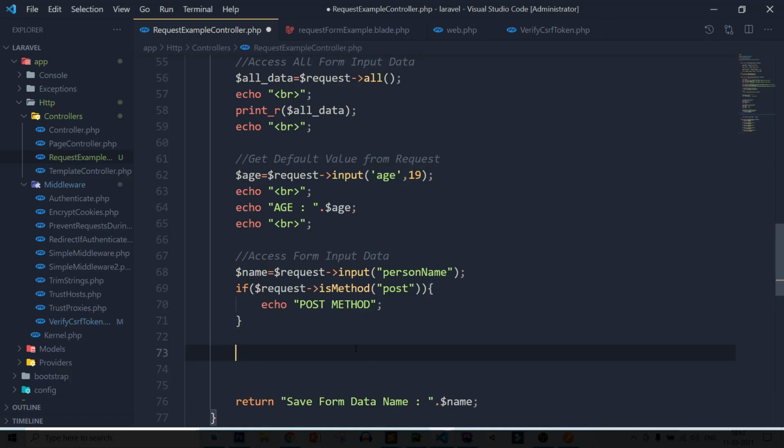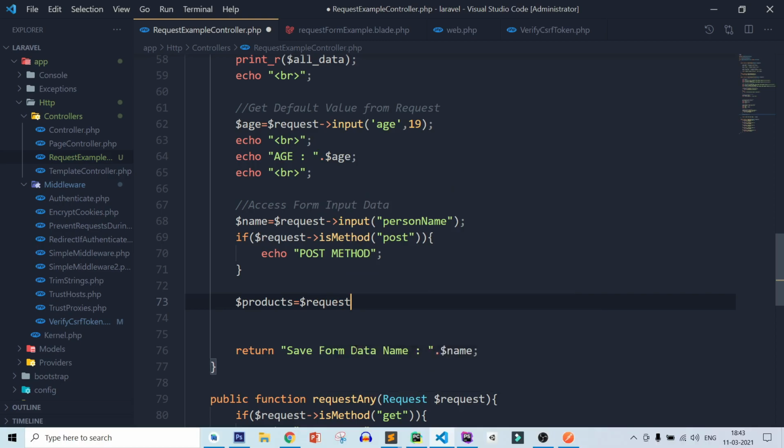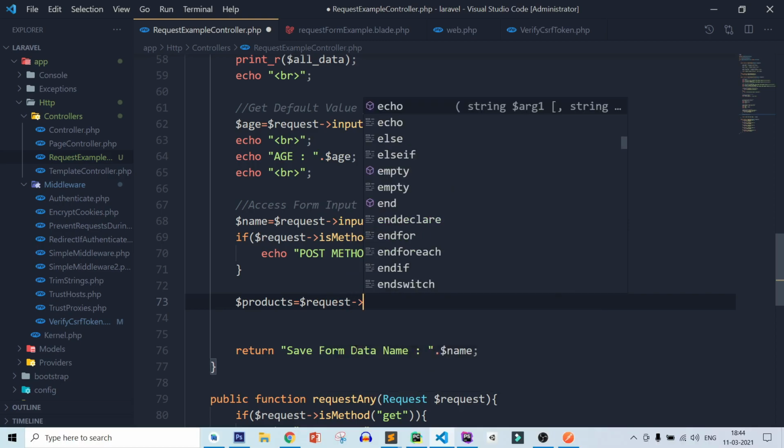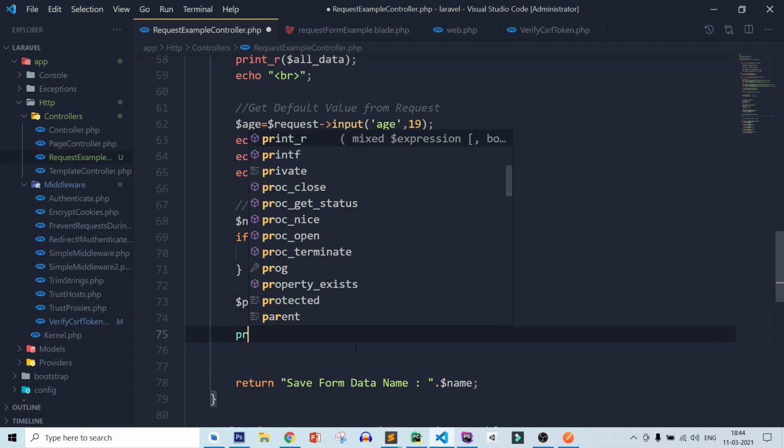For this, you need to add $products equal to $request->input, and pass the products. After that, let's print the products.